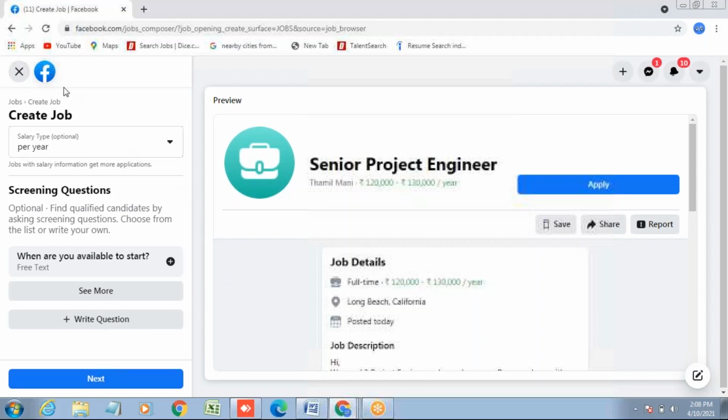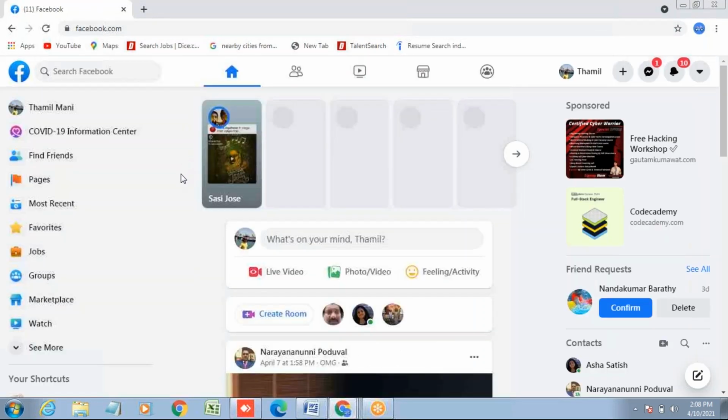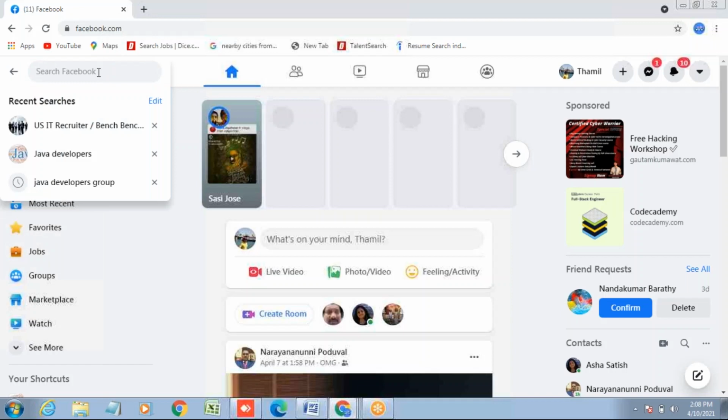Facebook. Yeah, click that one. Now, on the top left, you have search Facebook, right? Yes. Go there, just search for project engineer.